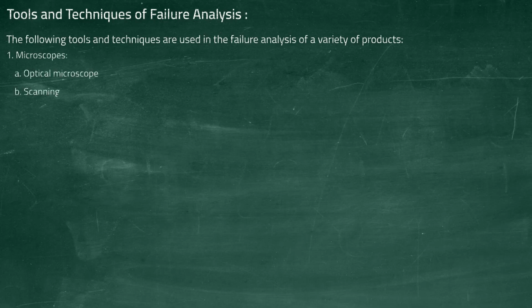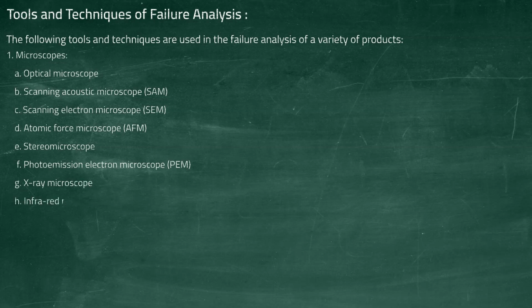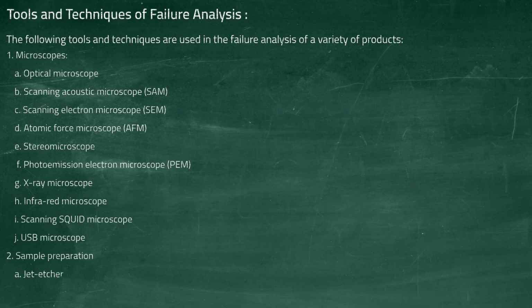Microscopes, which include optical microscope, scanning acoustic microscope, scanning electron microscope, atomic force microscope, stereo microscope, photoemission electron microscope, X-ray microscope, infrared microscope, scanning SQUID microscope, USB microscope, sample preparation, which include jet etcher, plasma etcher, metallography, backside thinning tools,